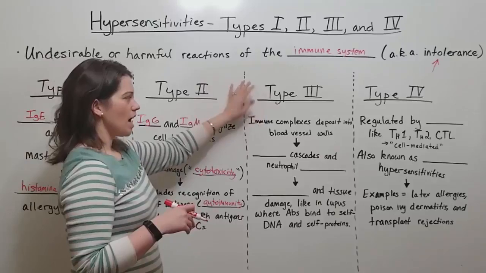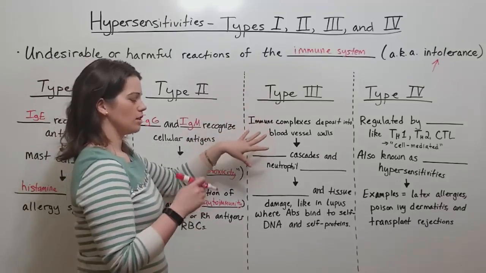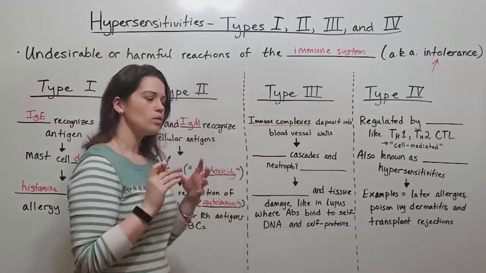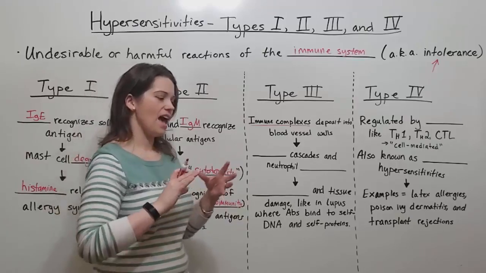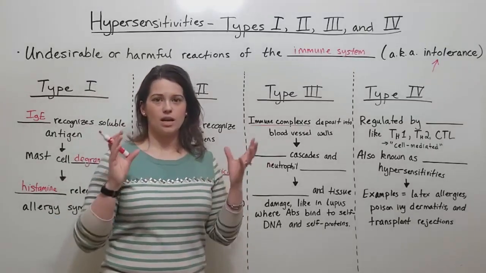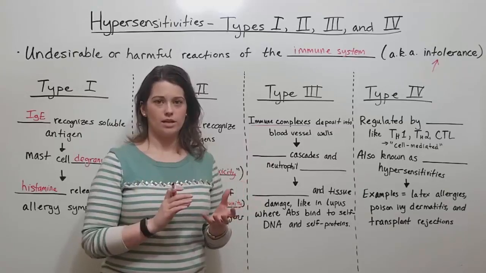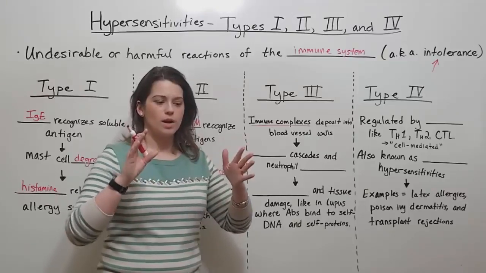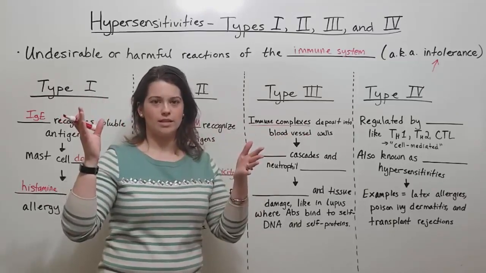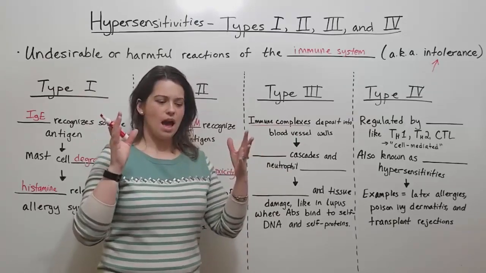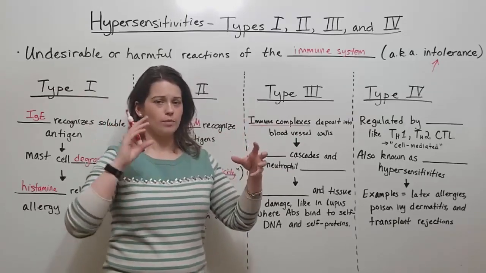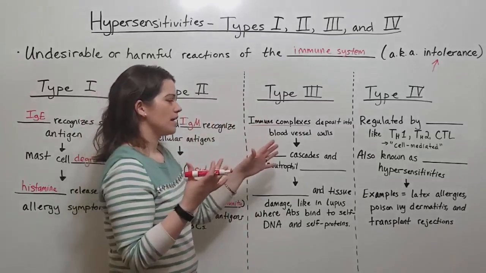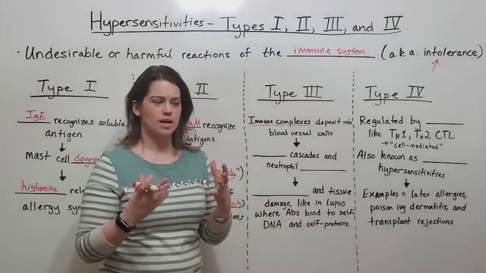Now let's talk about type 3 hypersensitivities. Type 3 hypersensitivities are specifically characterized by these things called immune complexes. Immune complexes are when you have aggregations of antibody and soluble antigen. So not just one antibody recognizing one soluble antigen, but multiple antibodies recognizing more than one soluble antigen at a time, binding to more than one at a time. And then those same soluble antigens will be bound by other antibodies, and you just get this large mass of all of these soluble antigens that are being recognized by all of these antibodies at once, and that's called an